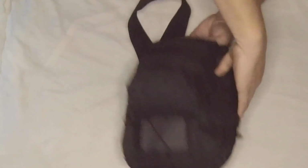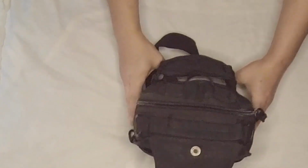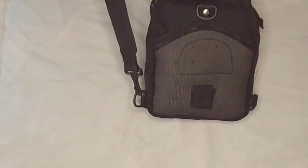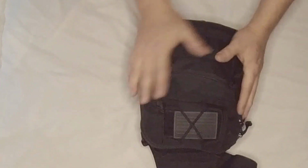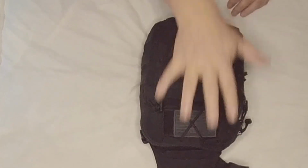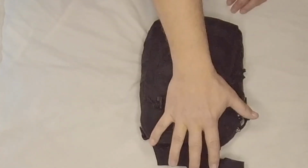Now, today's kit is basically all about comfort, right? All of the rest, okay, I can survive on that. Anybody can survive on that as long as you know how to use what's in it for as long as you need to, pretty much. But let's move up to this right here. Let's move into this kit, which is a sling bag. All right, nice little sling bag, not too big. There's my hand for comparison. I don't have huge hands, by the way. So that